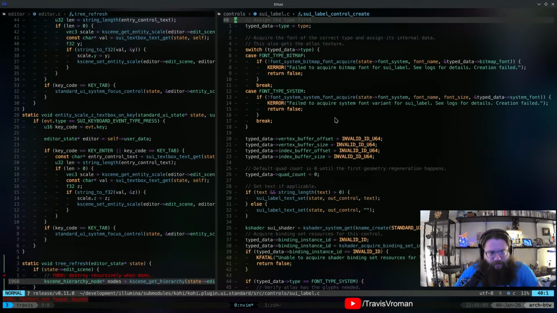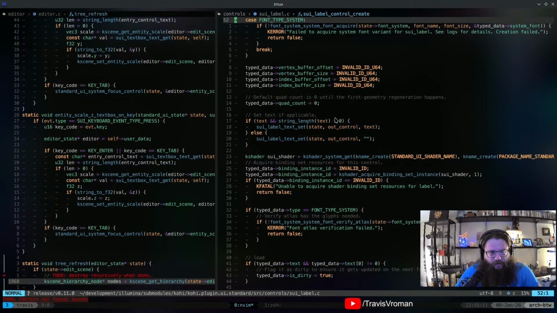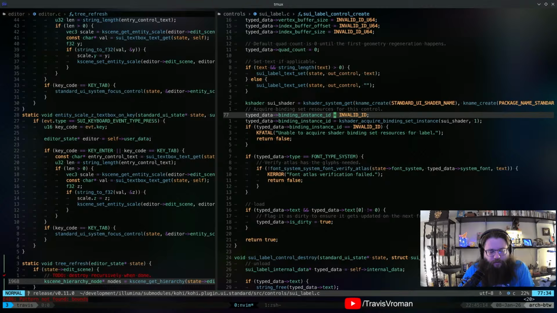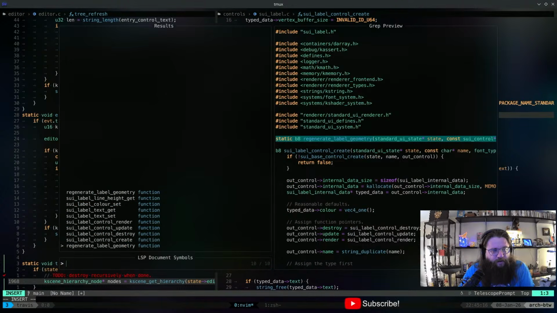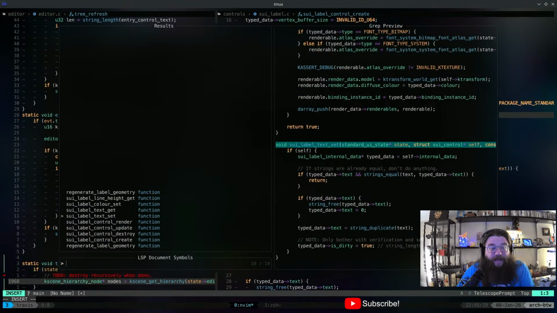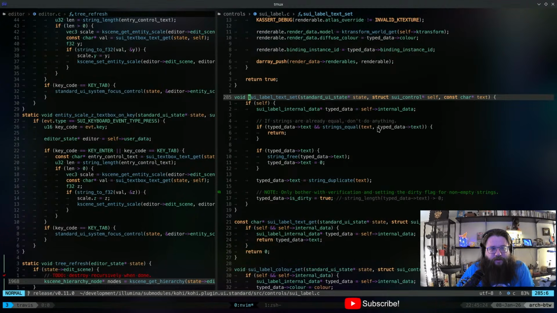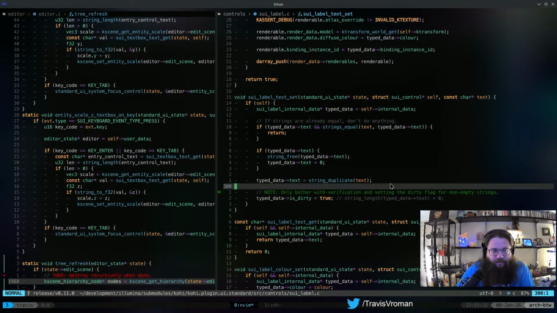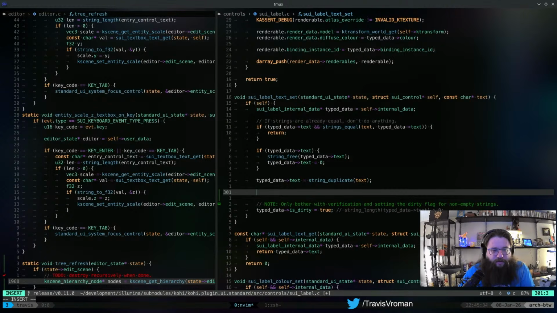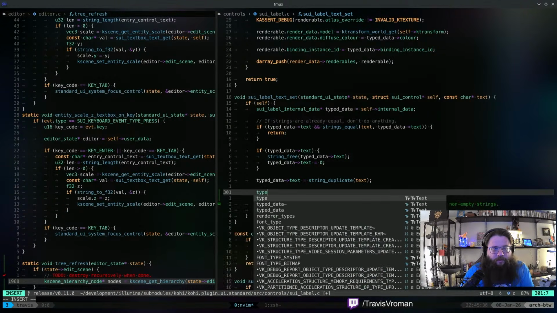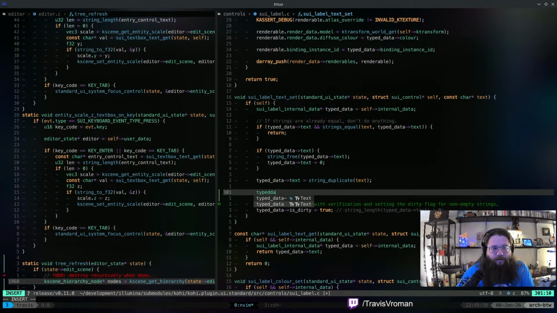So I think what I'm going to do is a little bit of trickery here. We're going to do on the text set. I think we should have the ability to do a measure string based on the text. So when we are done with that, I think what we can do, we have type data. We do have a bitmap or system font.